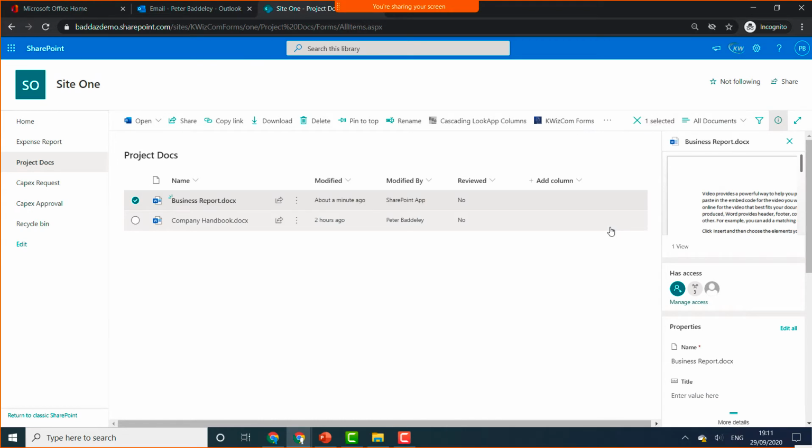So how do we do this? How do we configure this so that Peter can be notified and be given access to that document library? Well, we do that using KWIZ Forms. And you see I've got KWIZ Forms available and configured here. So if I click on the link,